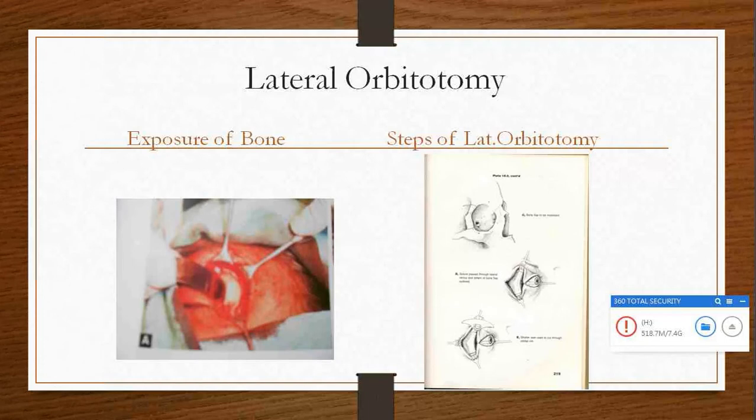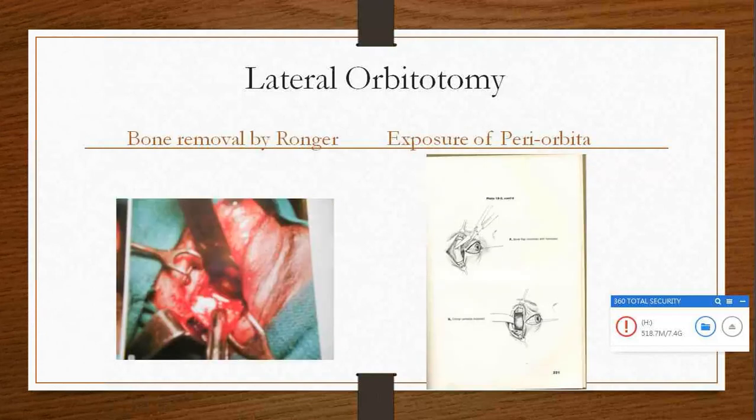So after taking the incision, you will expose the lateral orbital wall. This is the lateral orbital wall bone which is seen. After separating the periorbita, you have to remove 1 to 1.5 centimeters of this bone. You can cut it by a striker saw or by gouge and hammer. That orbital wall you will be removing, and then you take the incision in the periorbita, above or inferior to the lateral rectus.